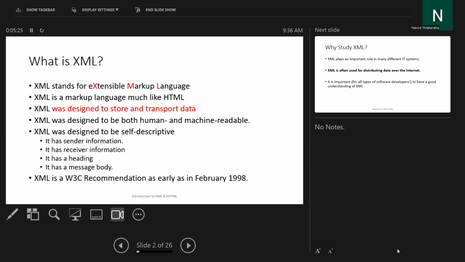So XML was designed to store and transport data, right? We can store data, we can transport data. XML was designed to be both human and machine readable, so you will understand that statement. And it was designed to be self-descriptive. It has sender information, receiver information, a heading, and a message body, and W3C recommends